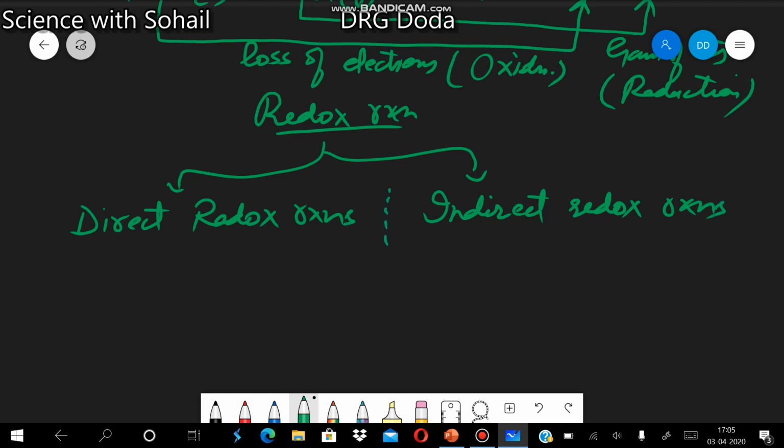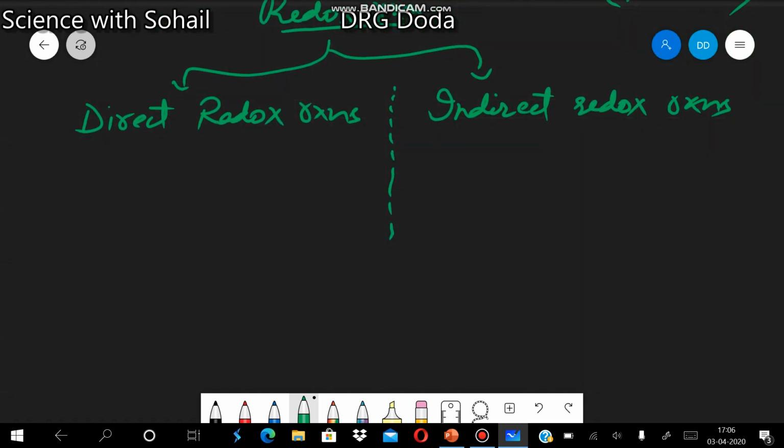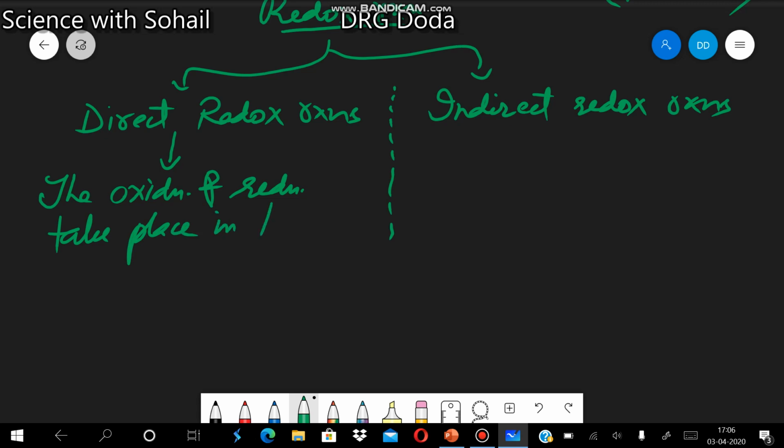Now, what is the difference between direct and indirect redox reactions? In case of a direct redox reaction, the oxidation and reduction take place in the same container or at the same place,